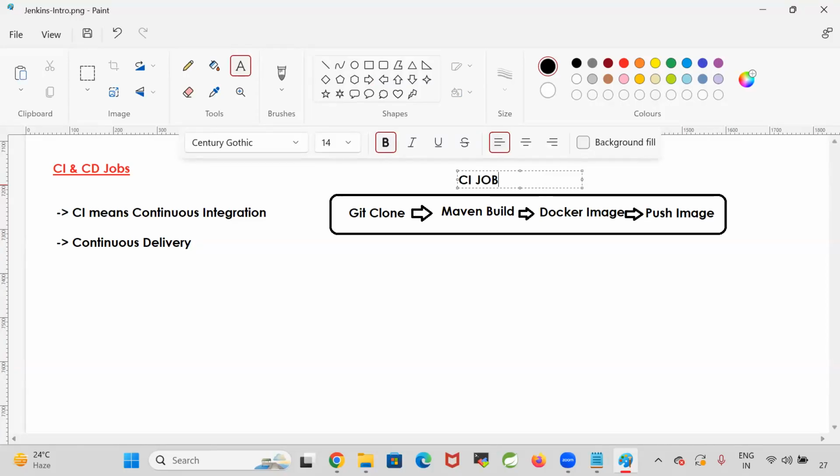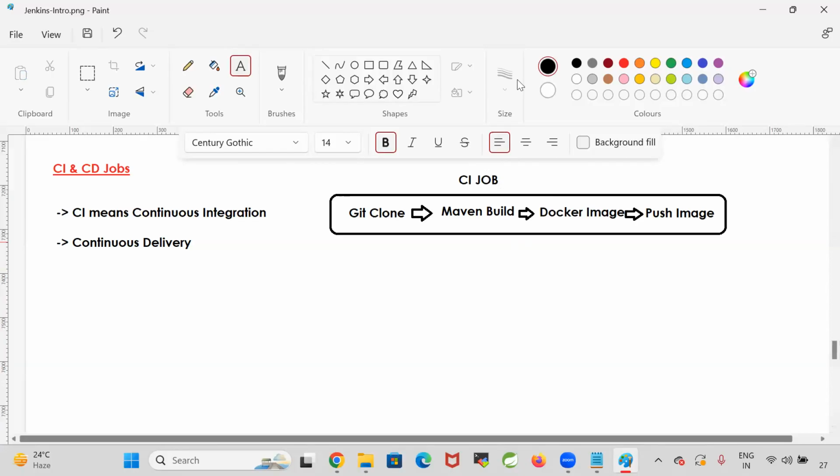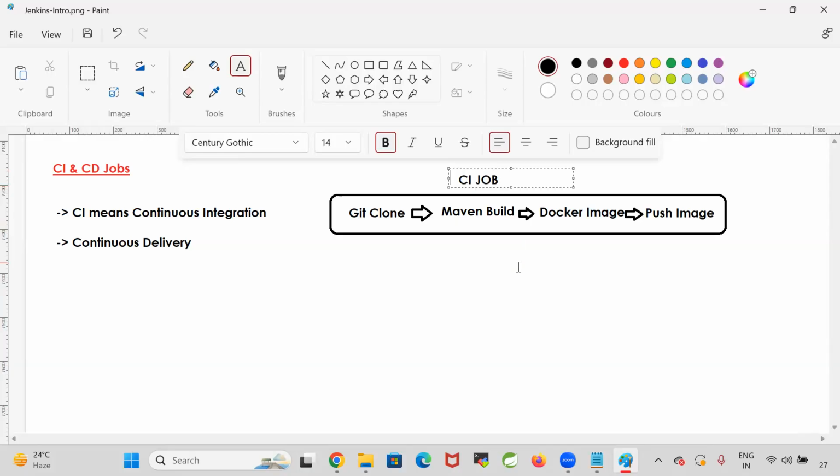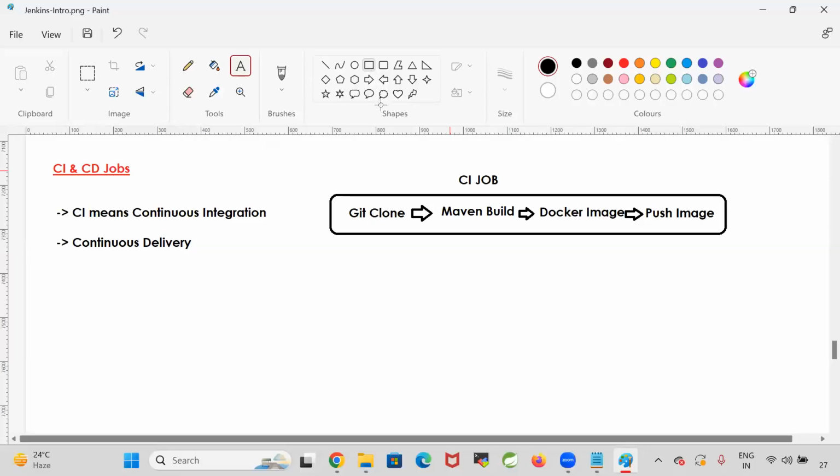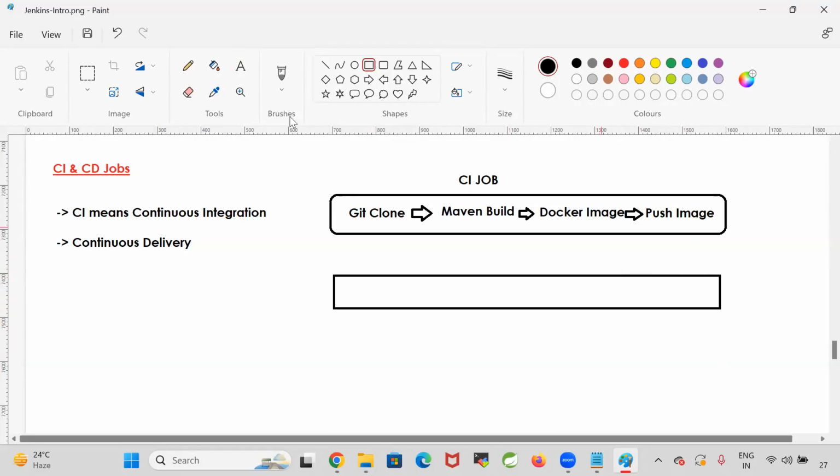So this is the CI job. I don't want to write complete CI/CD in a single job. I want to separate the CI process and the CD process. In some projects, it will be available like this. CI means continuous integration. This job is responsible for taking the code from GitHub, doing the Maven build, creating the Docker image, and then pushing the Docker image into Docker Hub. Once the image pushing to Docker Hub is completed,